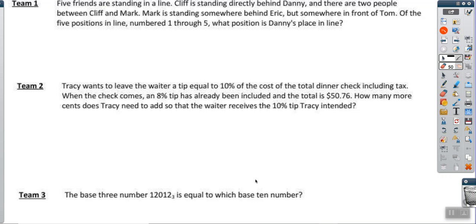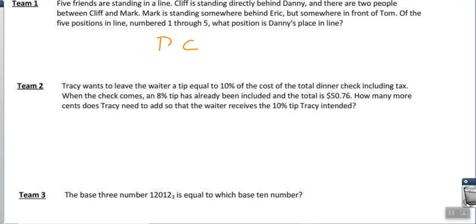Cliff is standing directly behind Danny, so I'm going to write that down because I'm going to forget. So Cliff is standing directly behind Danny. And then there are 2 people between Cliff and Mark. So 2 people between Cliff and Mark. So that means we could have Mark, a person, Danny, Cliff, and then another person. Or we could have